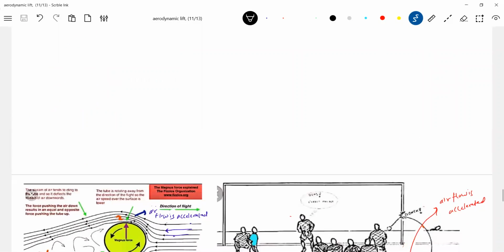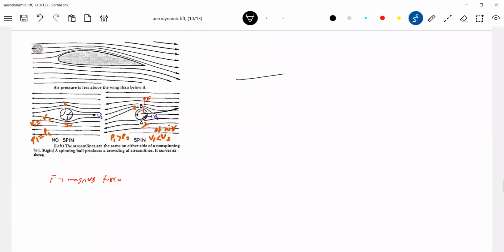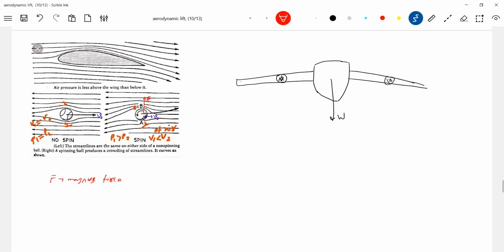Okay, now aerodynamic lift. We do have propellers, no? These are called propellers. I'll take only one propeller to explain. So the weight of the aeroplane will act, and we need some aerodynamic lift here. The air, and the pressure at 1, pressure at 2. So from where will the aerodynamic lift come? From this particular thing, the propellers. So here we'll get an aerodynamic lift.